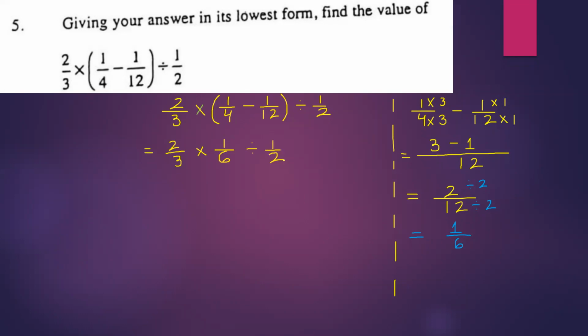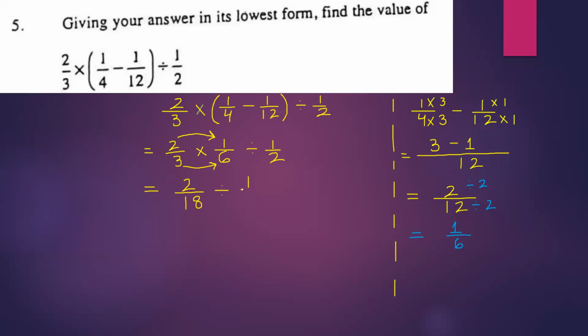So this is a good question. What are we gonna do first? Multiply or divide? Multiply. Very good. Because multiplication comes first from left to right. So we do 2 times 1. What is 2 times 1? 2. And then 3 times 6 is what? 18. Good. So it'll be 2 over 18 divided by